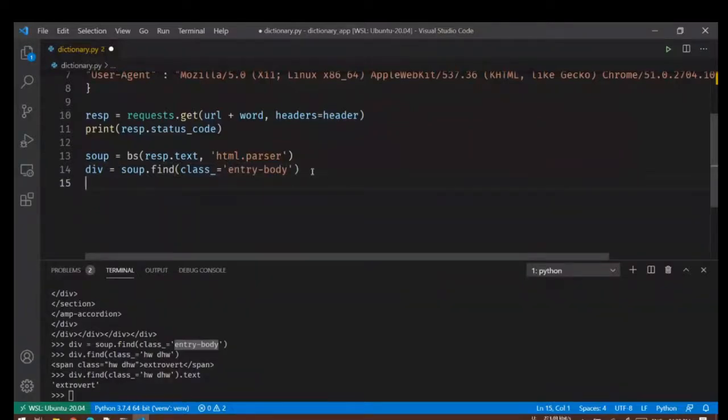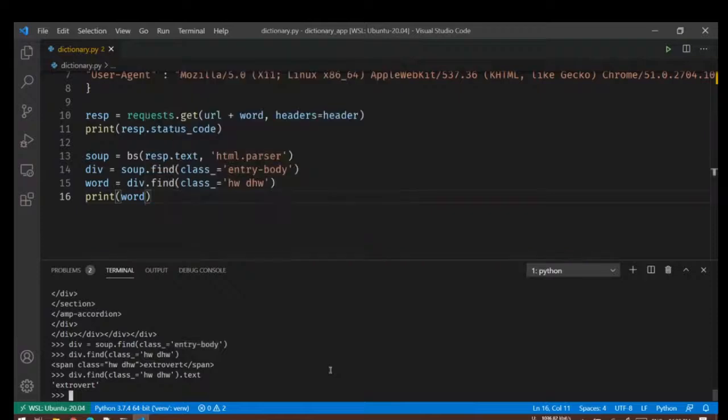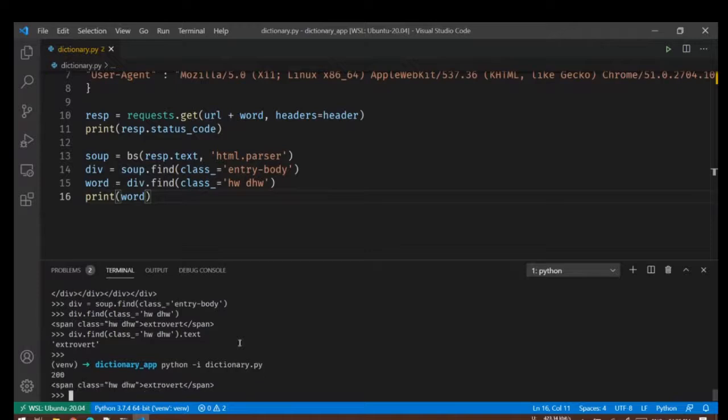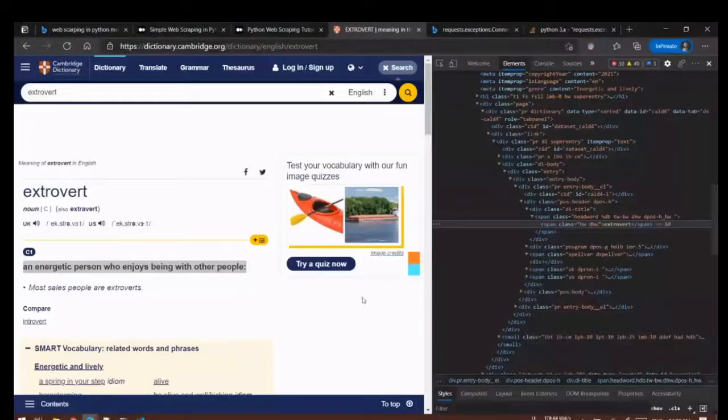Once we have that div, we can extract the word by simply saying div dot find and then class, HWDHW. I'll print the word so that you can see it. Okay, we have to say dot text to get the word out. So yeah, we were easily able to get the word.